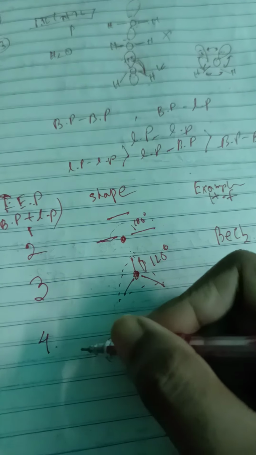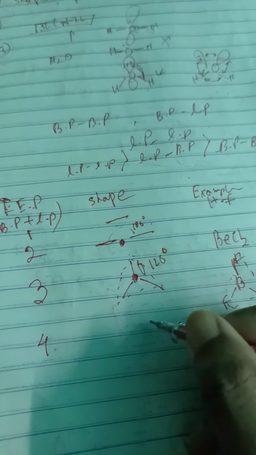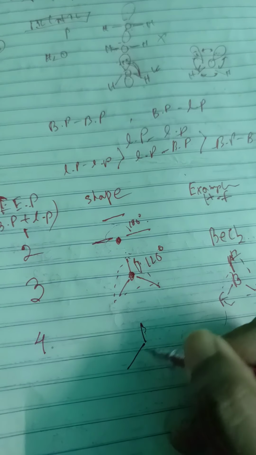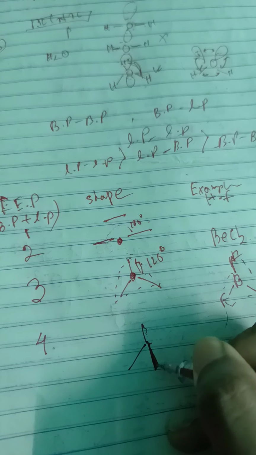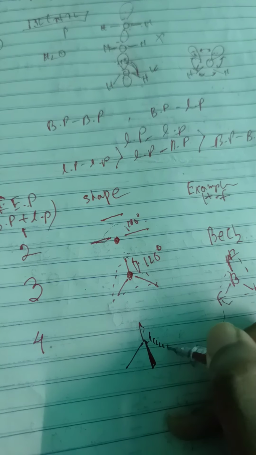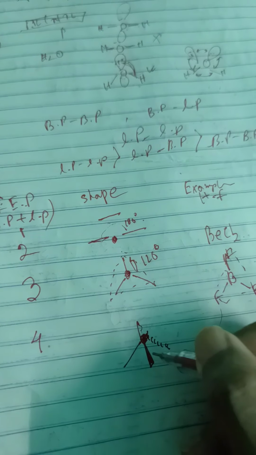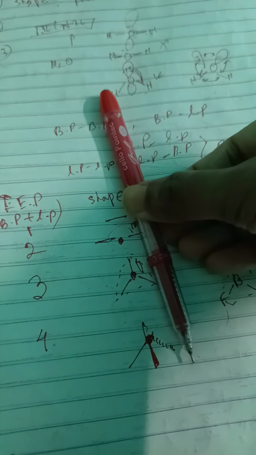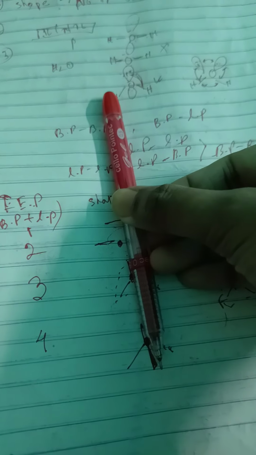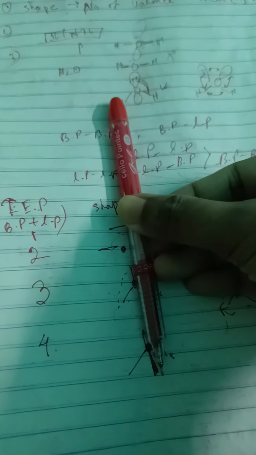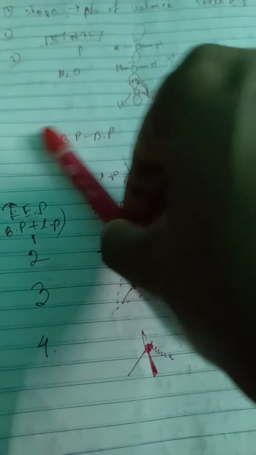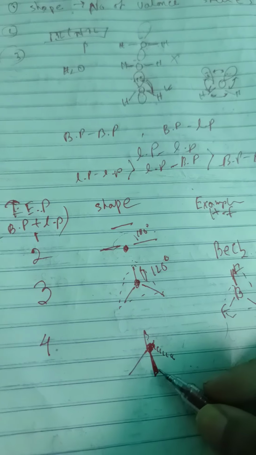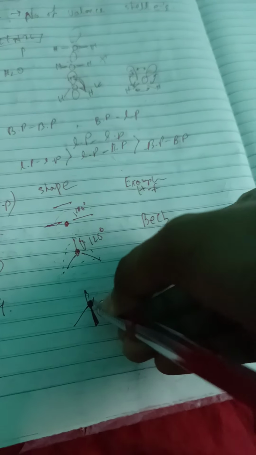Now come to 4. The total number of electron pairs is 4. 4 means 4 bonds, right? With 4 bonds, the structure will be tetrahedral. How will it be tetrahedral? Now see how I am drawing. This is a dark arrow, and in the middle there is a central atom. The dark arrow means in the front, up the plane. Suppose the straight lines are on the page of my copy, the bonds go like this. One bond goes like this, and this bond goes like this. And the dark, little thick one goes up the plane.